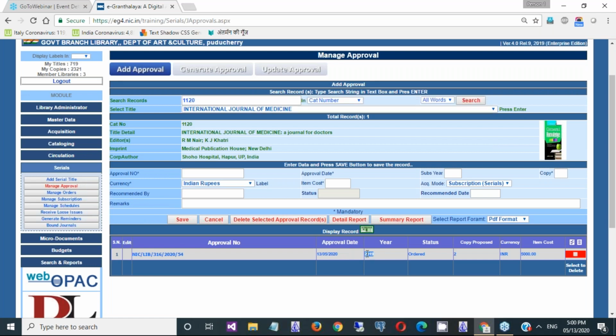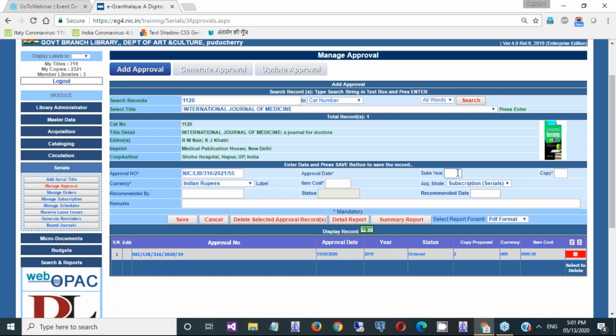we have subscribed it last year, for example 2019. We wish to take approval this year also. In the same way, you need to type the NIC approval number, and by the same rule, you can club many titles into the same approval number. So accordingly you need to type a distinct approval number, 2020 basically, or 2021. Generally subscription renewal starts from October. The process is started in many libraries, and for example 55.